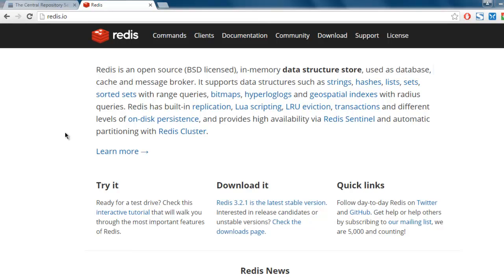Hi there. In this video I'm going to show you how to connect to a Redis database in Java. Make sure that you have Redis installed for your operating system. Go to redis.io and on the download page you will be able to download the version for your operating system. I have Windows, so I have downloaded from Microsoft's Redis